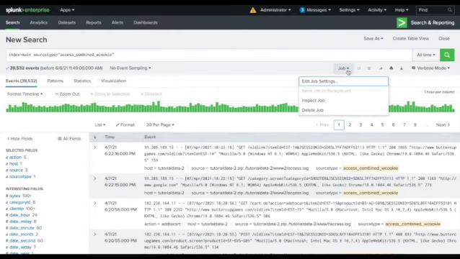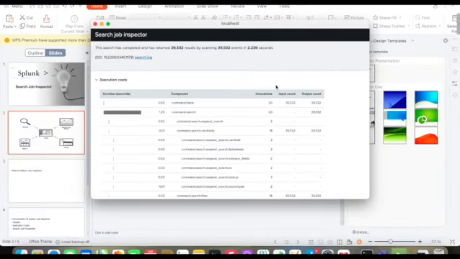Now the second one is Job, Inspect the job. When I click on inspect the job, it will give you the next window. In this window you can see